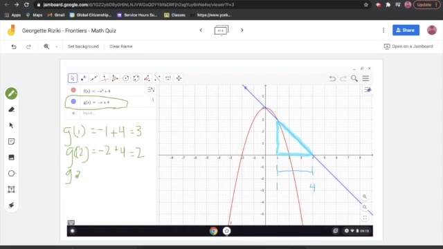G of 3 is equal to -3 plus 4, which is going to give us a positive 1. And g of 4 finally, it's going to give us a -4 plus a +4, which is going to give us a 0. And now we could honestly do the fastest step, which is to add all these up